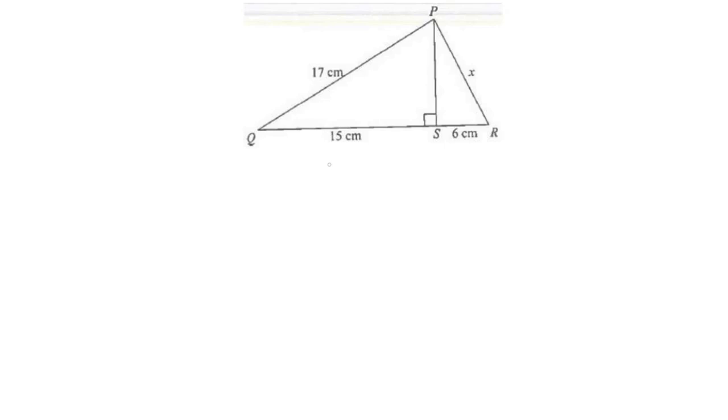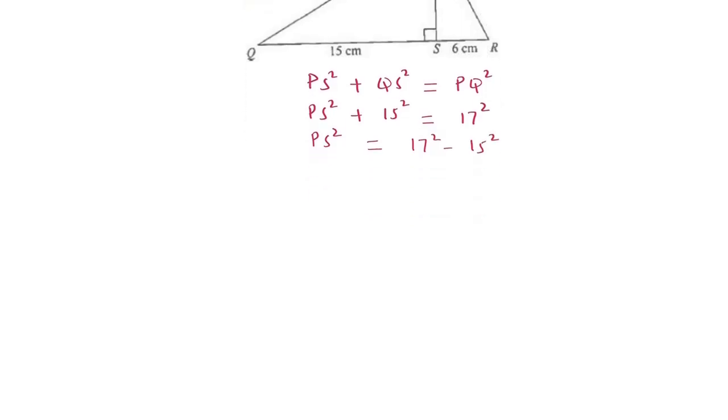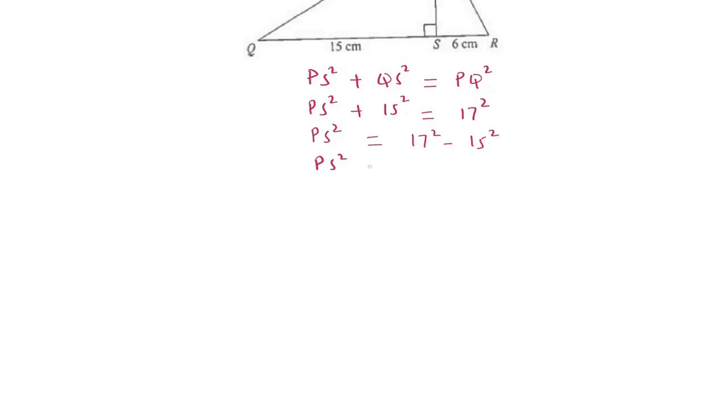Now for this one, we are going to use the Pythagoras theorem, which says PS squared plus QS squared equals to PQ squared. From the figure, QS is 15, PQ is 17. Then let us substitute these values. Our equation is going to be PS squared plus 15 squared equals to 17 squared. Okay, so next let us combine the like terms. Our equation is going to be PS squared equals to 17 squared minus 15 squared. Solving this, we are having PS squared equals to 64,